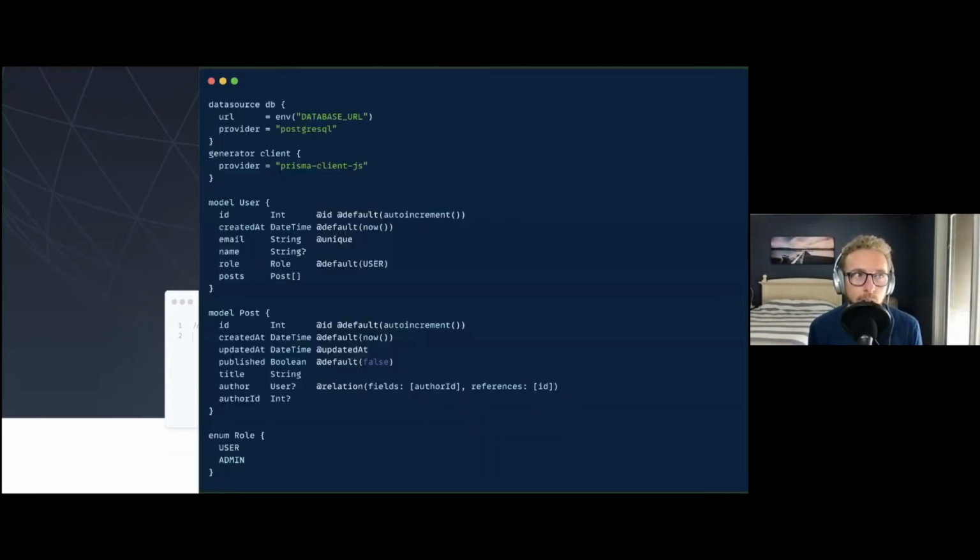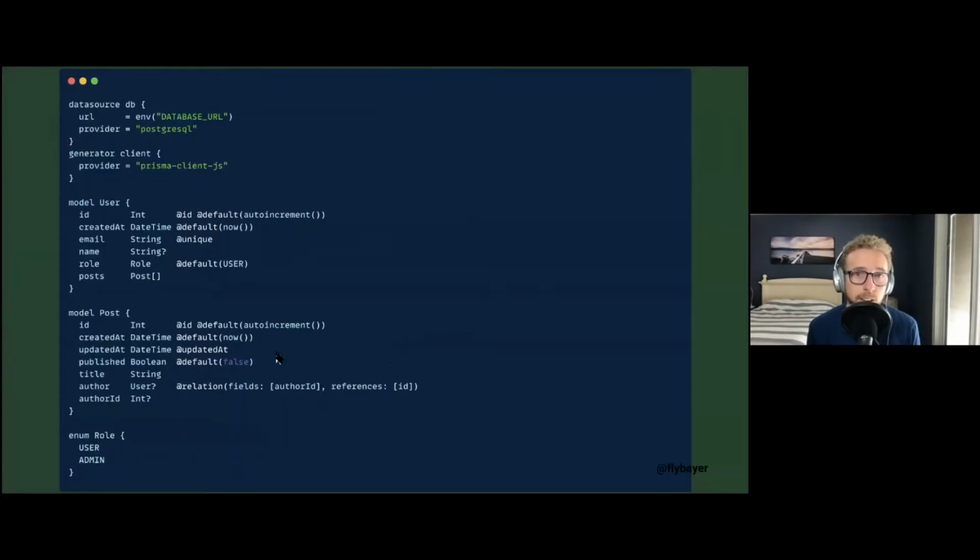So here's an example of what the Prisma schema file looks like. And so it's relatively simple. You have some initial stuff at the top, just like boilerplate. And then we have a user model here. It has an ID field, created at, email, name, role, post. You have a post model that has ID, created at, etc. And then an enum. So you can see it's relatively friendly. And whenever you run the Prisma migrate command, it'll take this and do all the messy SQL work that's required to get your database to match this.